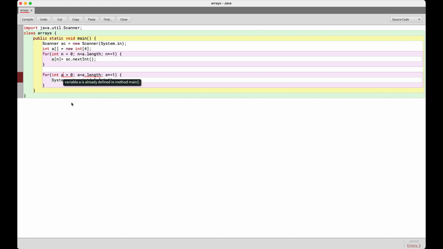Oh, I cannot take a because it has already been defined. So mind that. Let's change everything to h. You can take it as anything, but just don't take the same name as your variable. This will be A and this will be H. So at index 0, it will print out whatever number was stored at index 0 and it will add a space. So if we run this,